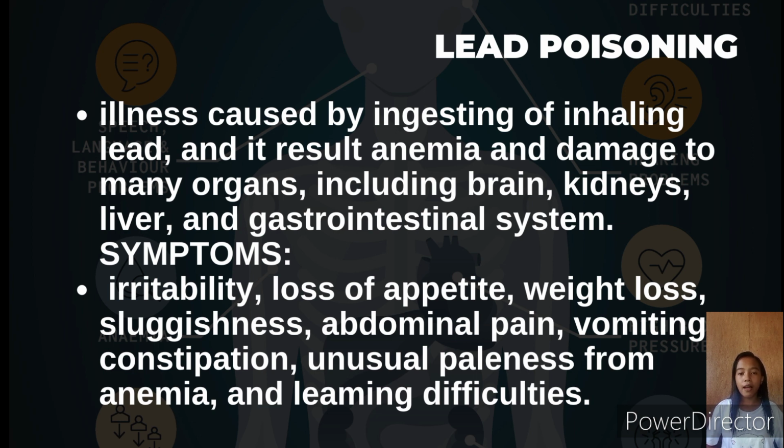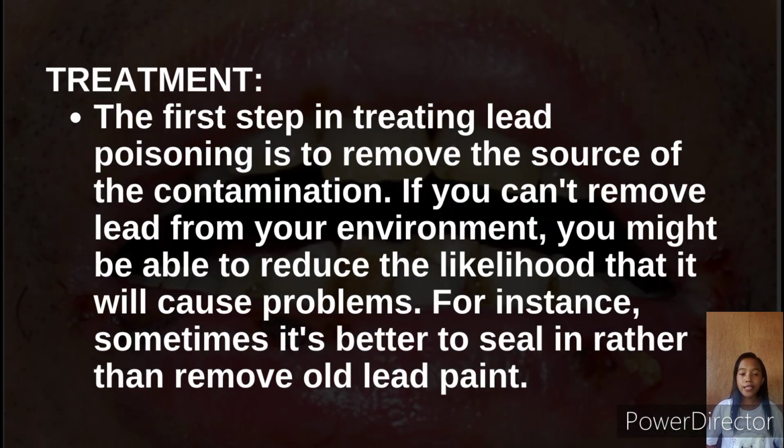Symptoms include irritability, loss of appetite, weight loss, sluggishness, abdominal pain, vomiting, constipation, unusual fairness from anemia, and learning difficulties. First step in treating lead poisoning is to remove the source of the contamination. If you can remove lead from your environment, you might be able to reduce the likelihood that it will cause